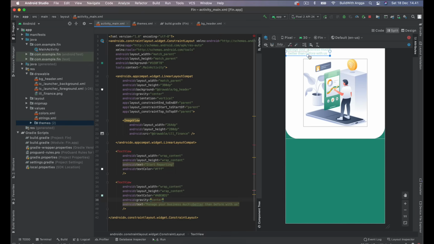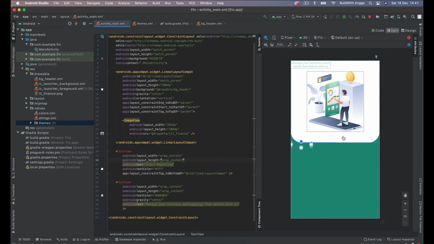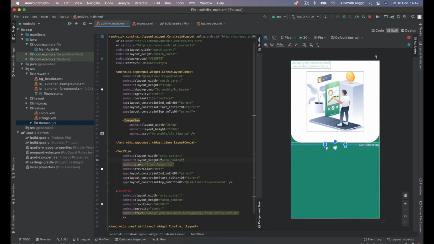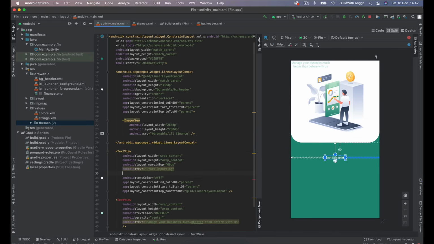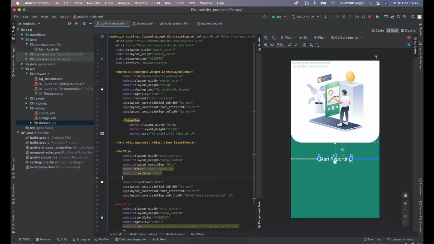Okay, and then in this start reporting we can put this design below of this linear layout. Just click like this, drag and drop. It's very simple since we are using this constraint layout. So the margin top is 60, and we need to set the text size 22 dp,